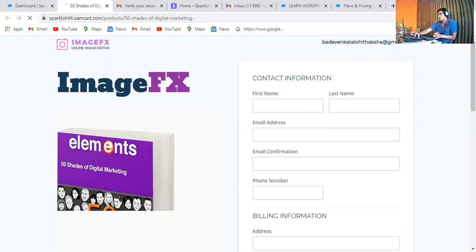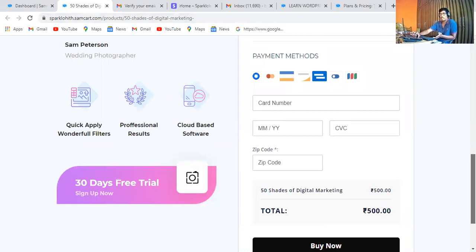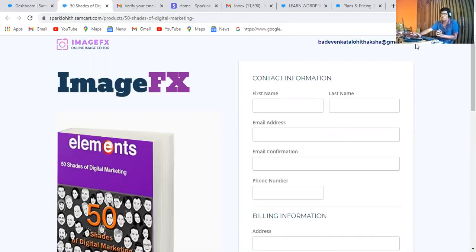That's all, guys. It's very simple to do, for everyone. Try to practice, everyone. For those who do not have an account on samcar.com, I'm going to give the link in the description. Try to create your account, and after the completion of your free trial, you have to pay for the plan. So that's all, guys. Today's topic is that.